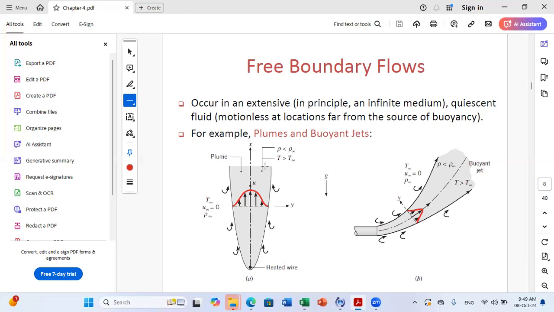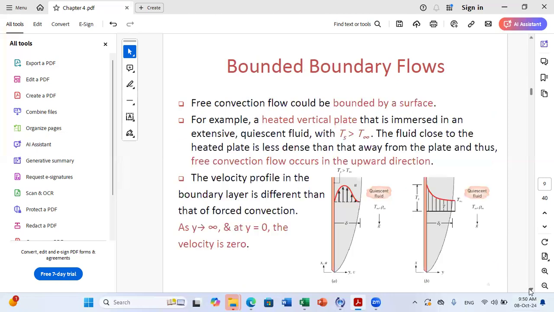Now if we consider a buoyant jet, similarly, you can impose a jet of fluid characterized by a temperature that is larger than the outer temperature. This will also entrain air. If we take the example of air, it will entrain air from the outer side and lead to air motion, creating a buoyant jet. Now, in our course, we'll focus on